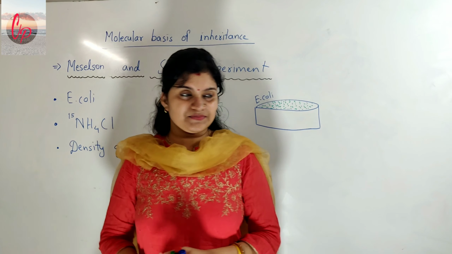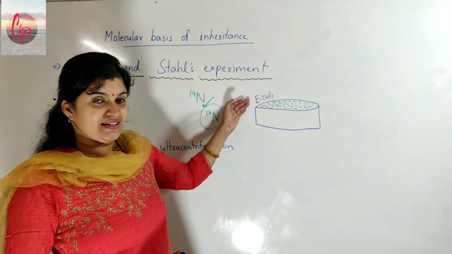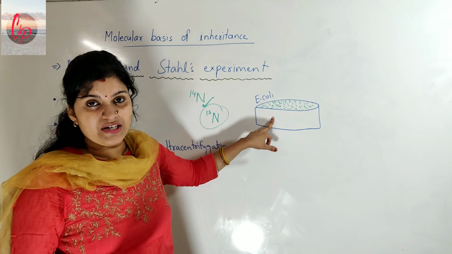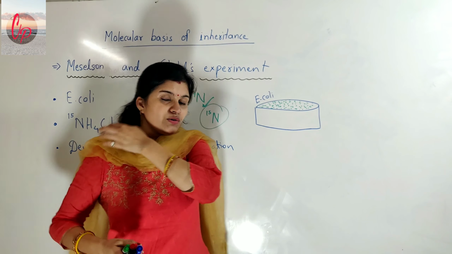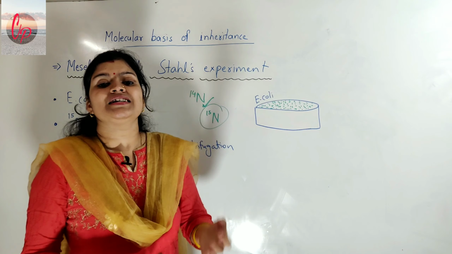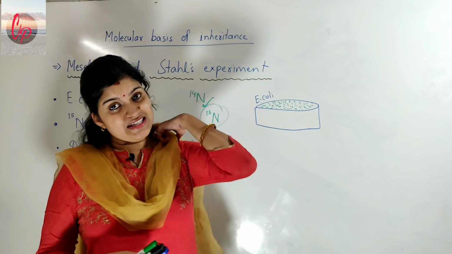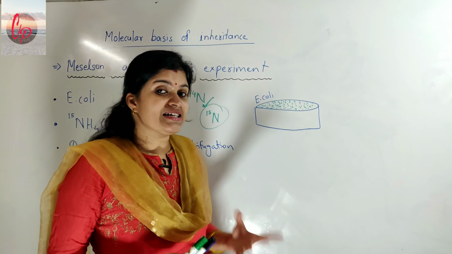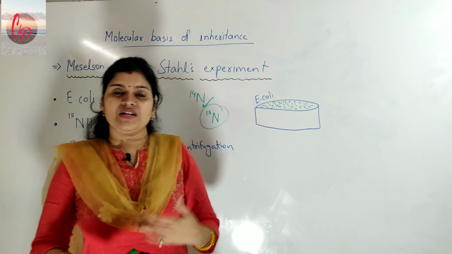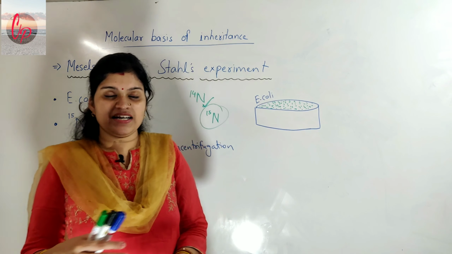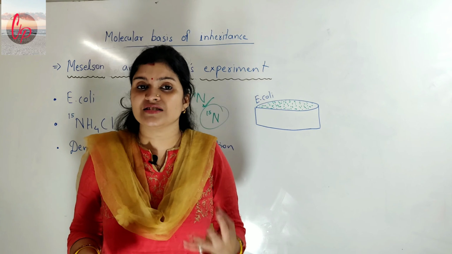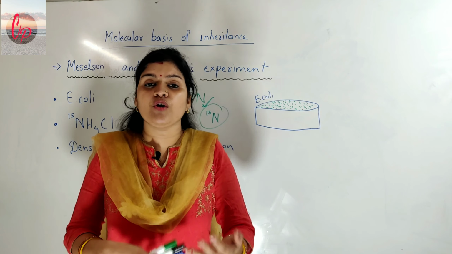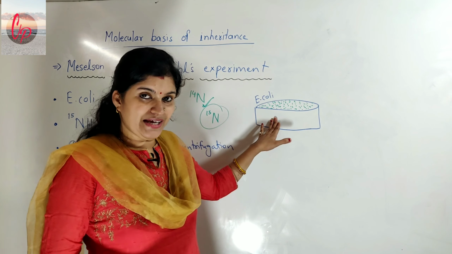Okay, now they used the bacteria and one culture plate on which this bacteria was allowed to develop and multiply, and not only one single generation, many generations were studied. This was easy to study because the growth rate of this bacteria is very high. It enters the next generation at a very fast rate. So it was allowed to develop and divide for many generations here in the culture plate,